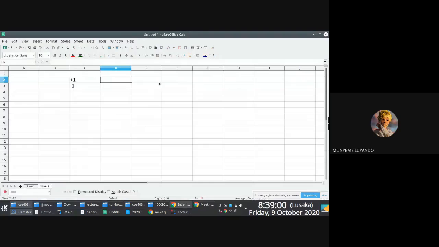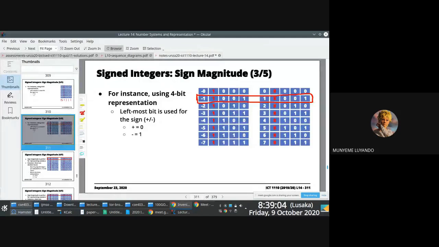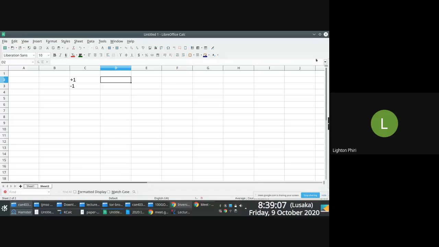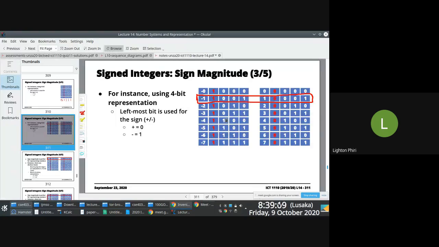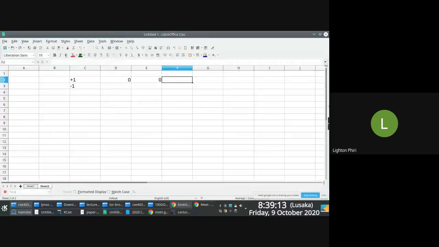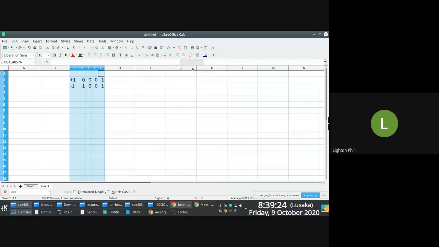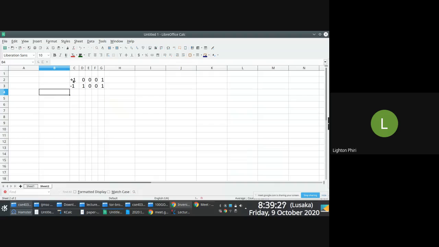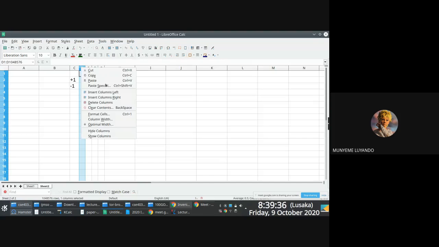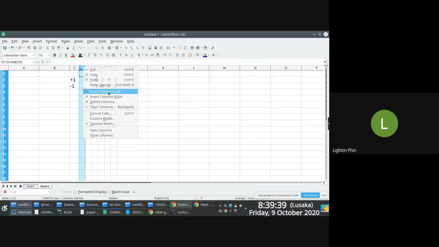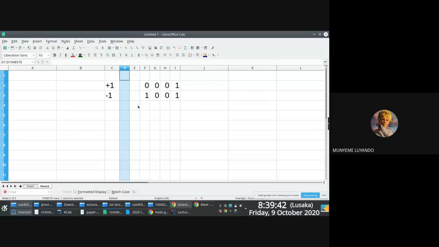Right, so look at this, observe. +1 is 0, 0, 0, 0, using 4-bit representation here. 0, 0, 0, 1. -1 is 1, 0, 0, 1. Now think about this for a second. If we are saying that this is +1 and -1, what is +1 plus -1? 0. Beautiful, 0, right? If we are saying this is 0, using the rules that we looked at, it's 0